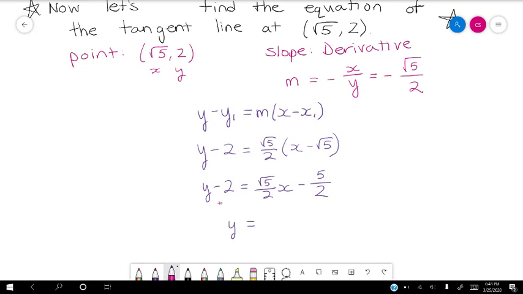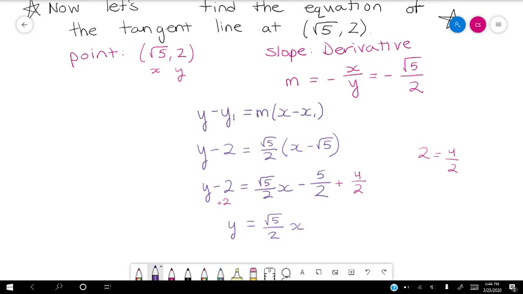Okay, and when we add 2 over yonder, we need the same denominator. So 2 is the same as 4 over 2, right? 4 divided by 2 is 2. So I'm just going to do this all in one step. And then that's going to be,